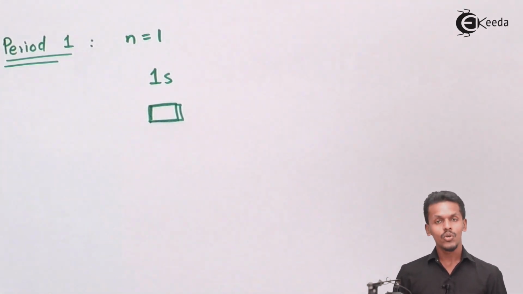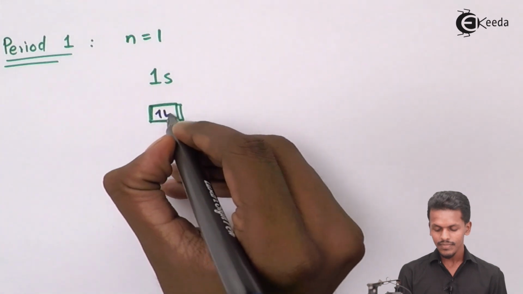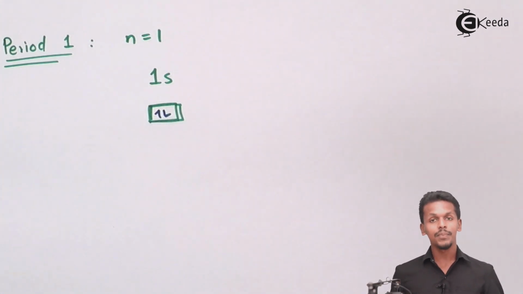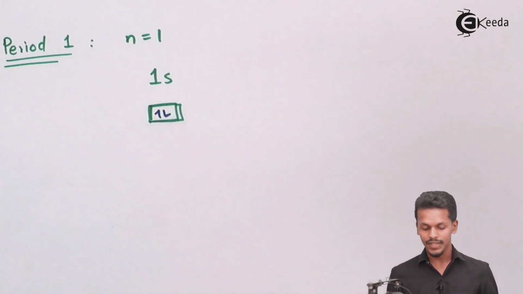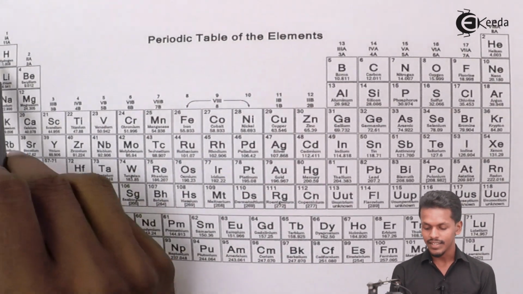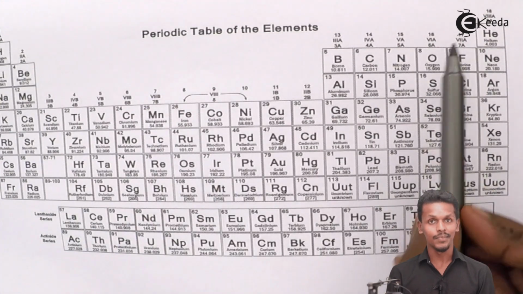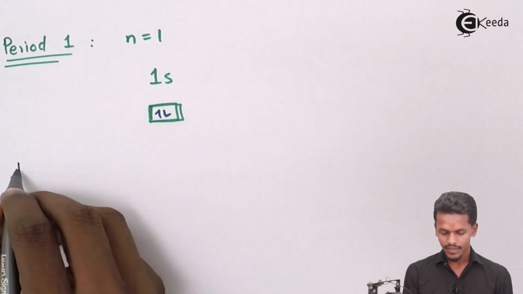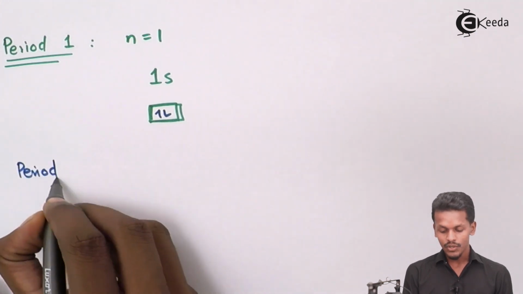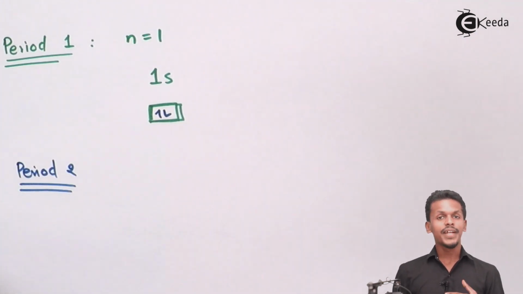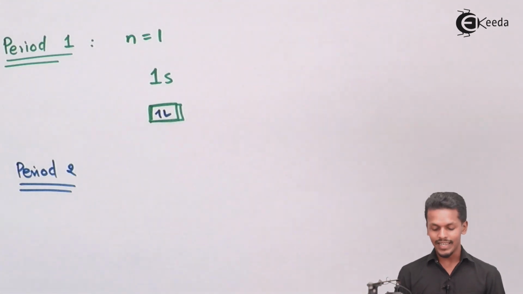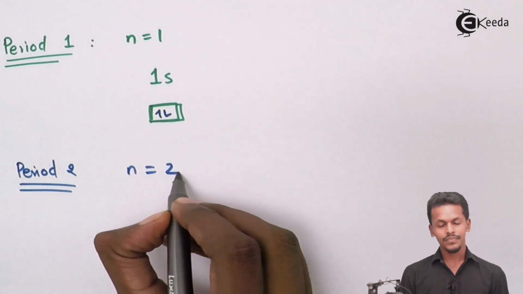This could occupy 2 electrons, and that's the reason the first period consists of 2 elements. One is hydrogen, one is helium. Talking about the next one, for period 2, the period 2 indicates that the principal quantum number, that is n, is equal to 2, and